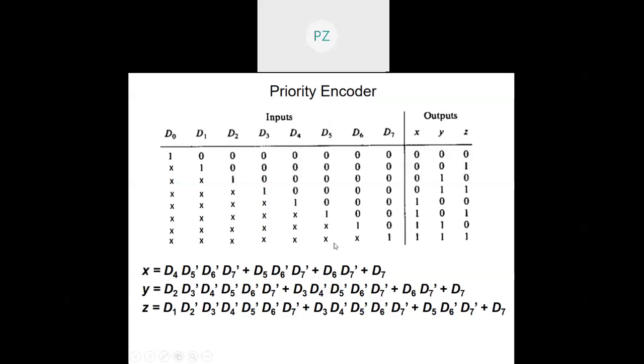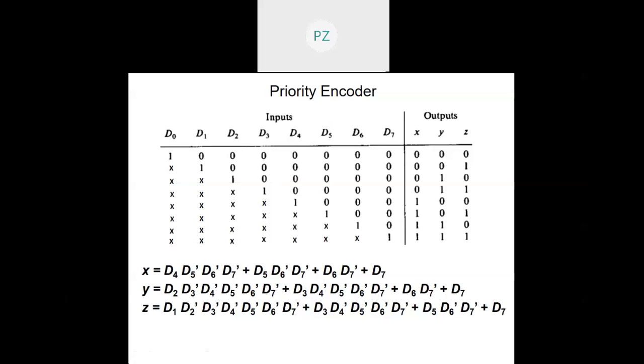So this is about the priority encoder, which is very clearly a better alternative than a simple encoder, right? Because it takes care of more than one input line going high. In that case, the higher priority line will be encoded and the lower priority line will simply be ignored or discarded. Okay. So likewise, you can also have priority encoders of different sizes. A 4 to 2 priority encoder, there could be a 16 to 4, 32 to 5, 64 to 6, 128 to 7, 256 to 8, and so on.